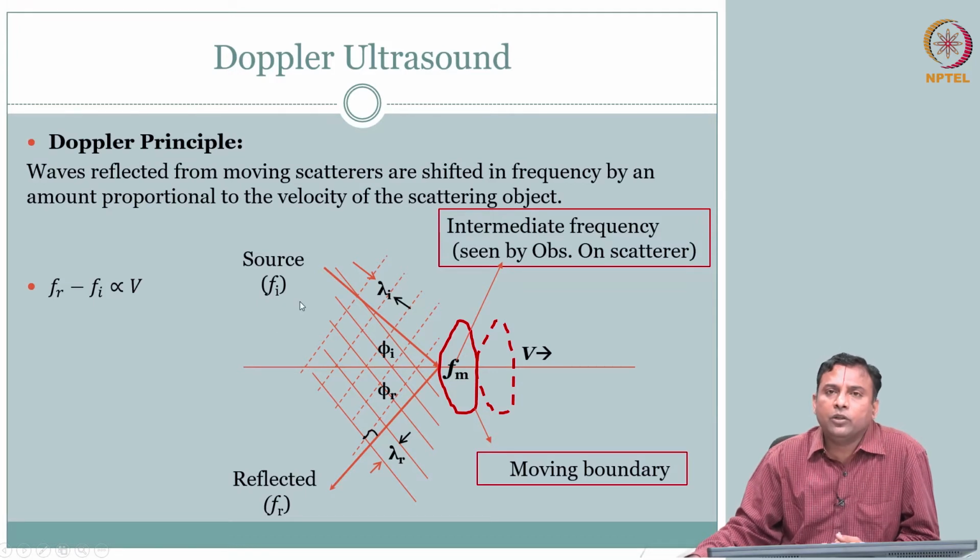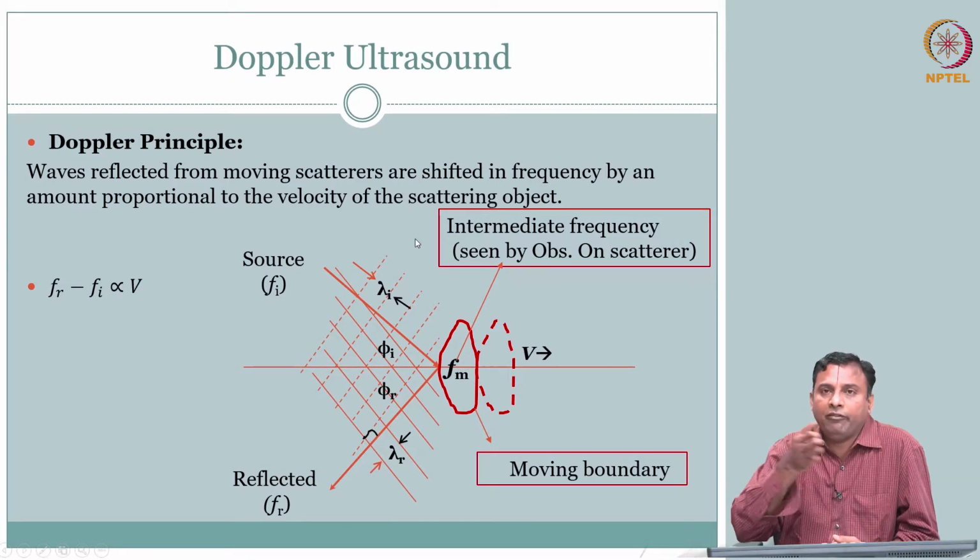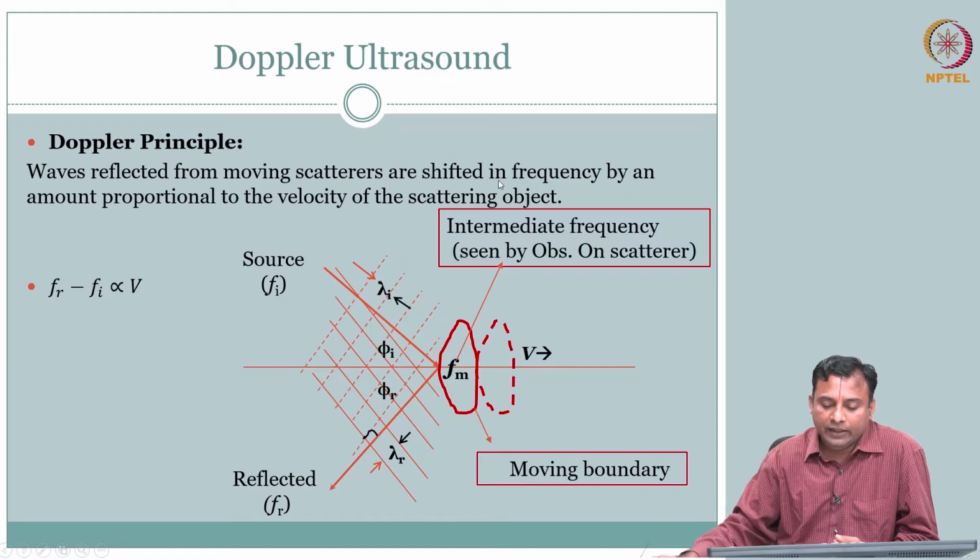This is very similar to what we started before, right? When a wave interacts with the medium, you have a plane wave that is traveling. The only thing is, instead of an interface that was stationary, I have replaced that with some object which is moving. In other words, you have a boundary that is moving. That is the only difference.